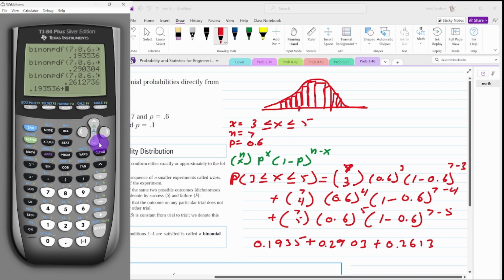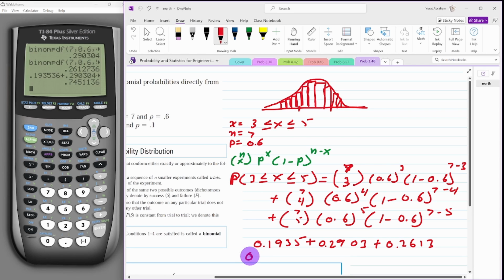Enter, plus 0.29. Enter, plus 0.26. Enter and enter again. So when you add them up, it gives us 0.745,